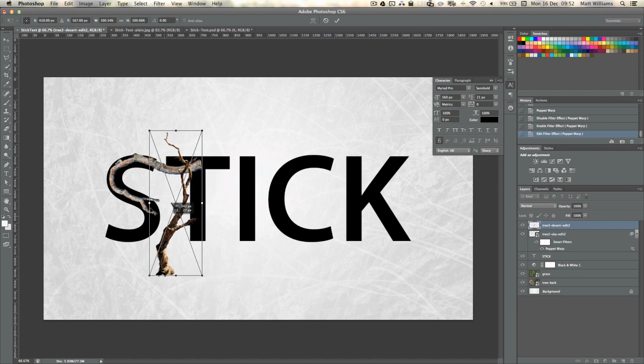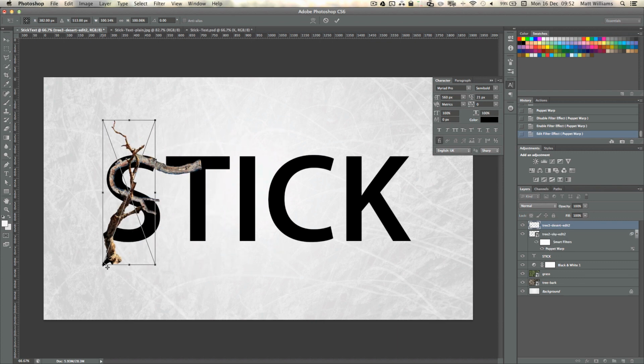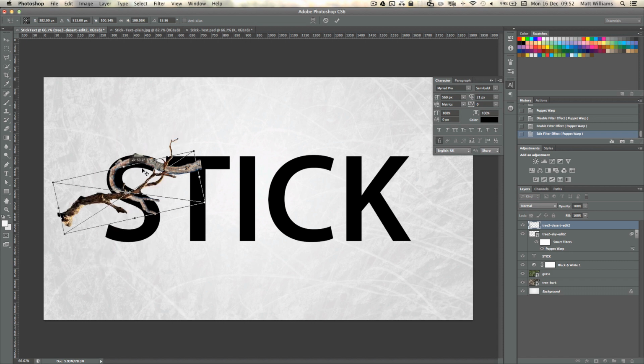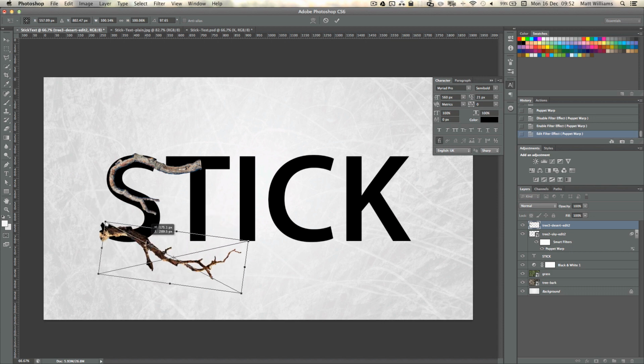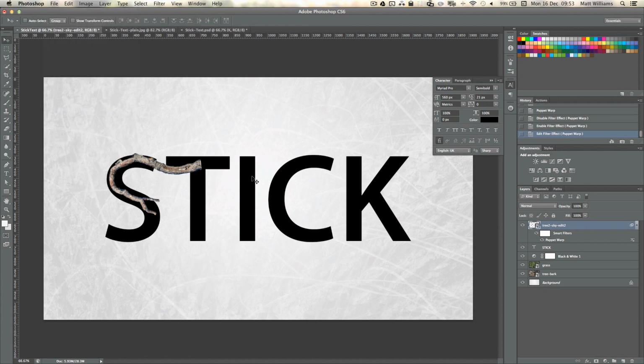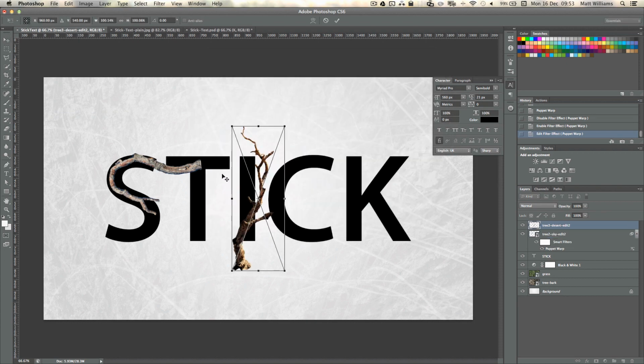So I'm going to bring this one in, and I want this flat trunk of the tree to be on the edge of the S so that it looks pretty good. But because it's bending that way naturally, I think it'd be better if it was bending the opposite way. So what we're going to do is I'm going to file and place that again so it's straight,